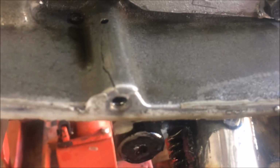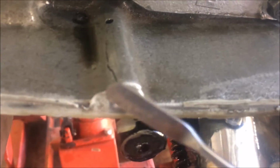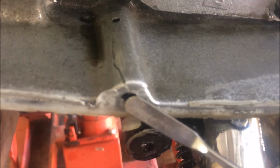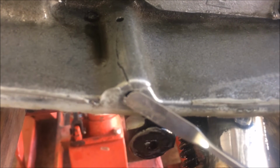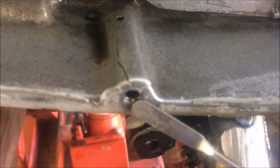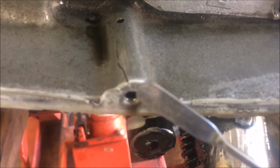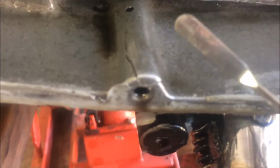But what those cracks are from is sealant getting in here and then screwing in the primary cover bolts. Created enough pressure to crack the case. Now, I don't know if you see this here. There's another crack here on this other side. I'm going to have to do something about that, because now